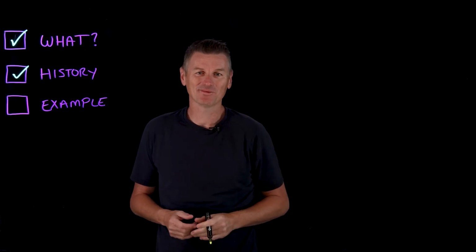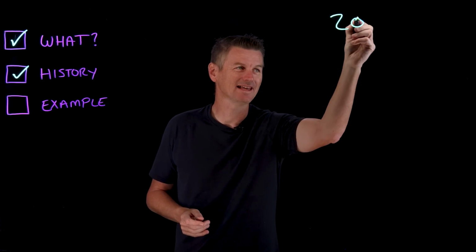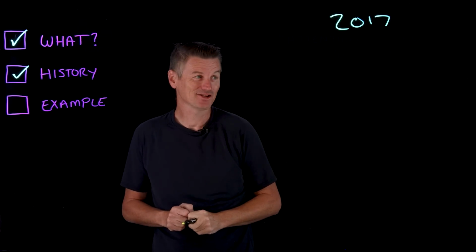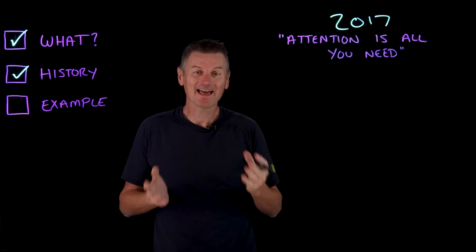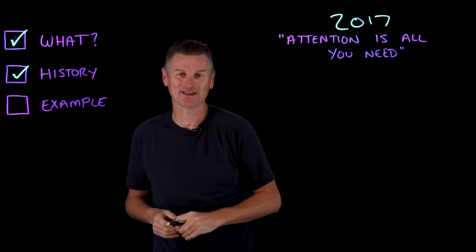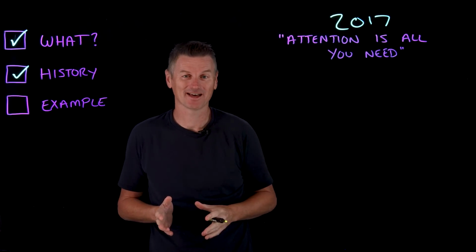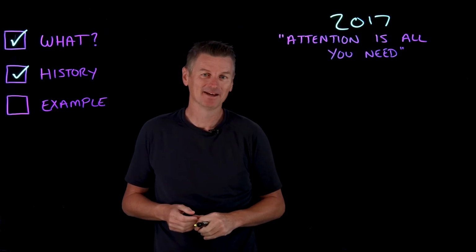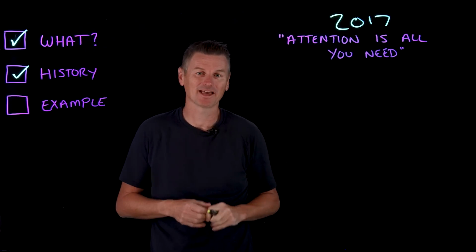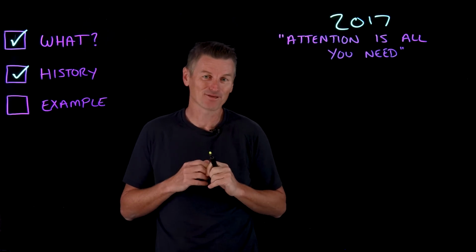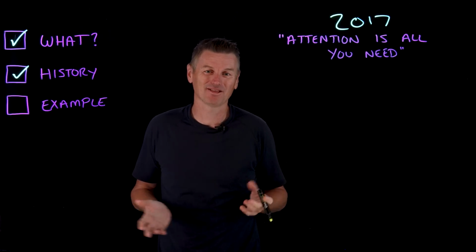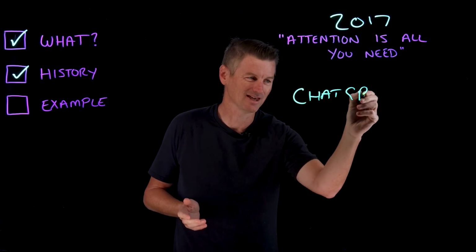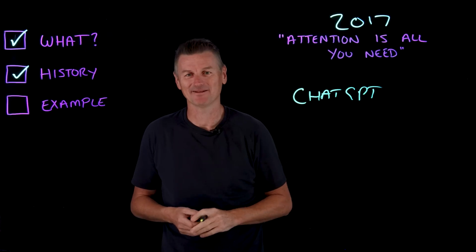The transformer architecture was first introduced in 2017 in the Google Brain paper, Attention is All You Need. Today, there are a whole bunch of generative AI models built on this architecture, including open source models like Llama from Meta and Granite from IBM, and closed-source frontier models like Google Gemini and Claude from Anthropic. But I think the GPT model that most comes to mind for most people is ChatGPT from OpenAI.